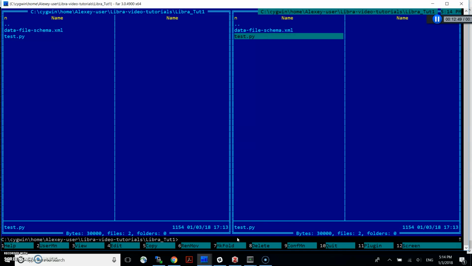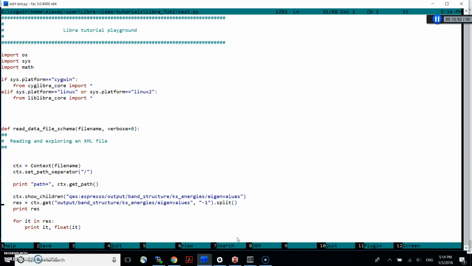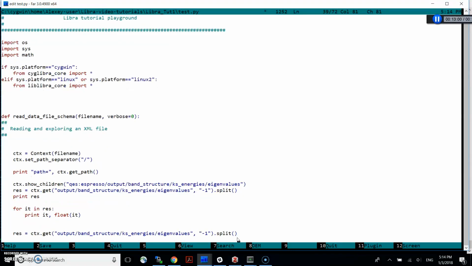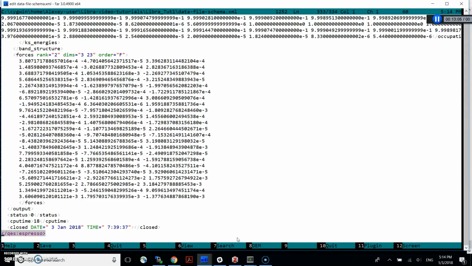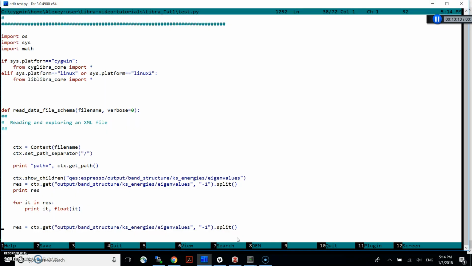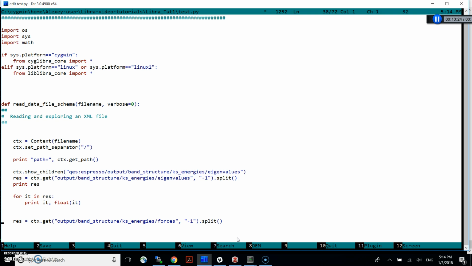Libra. So, well, we have a little bit of time, so let me show you another, just to repeat our exercise. Let me access forces, right? The forces are located here, the same level as band structure, and then I would do pretty much the same. So I'll get forces here, forces. Now, and that will give me again